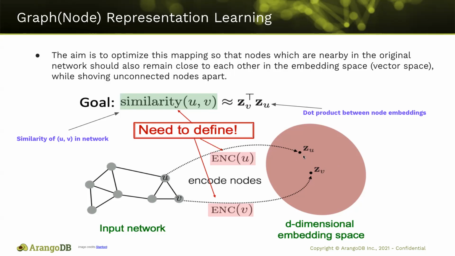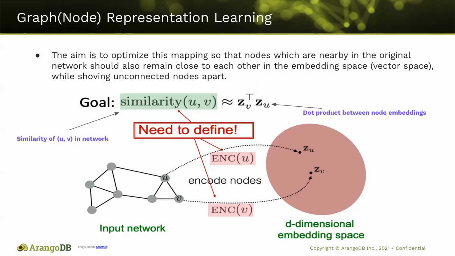So the key idea behind graph representation learning is to learn a mapping function that embeds nodes or entire subgraphs, and to optimize this mapping so that the nodes which are nearby in the original network also remain close to each other in the embedding space, while keeping the unconnected nodes apart. Therefore, what we are achieving is that we are preserving the geometric relationship of the original network inside the embedding space by